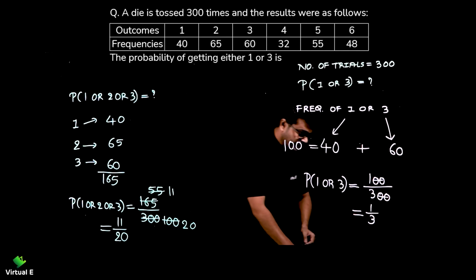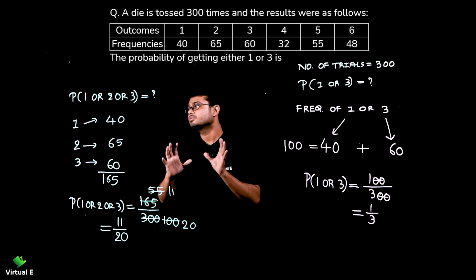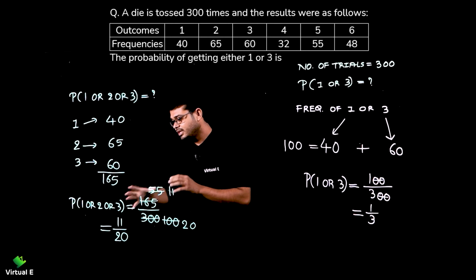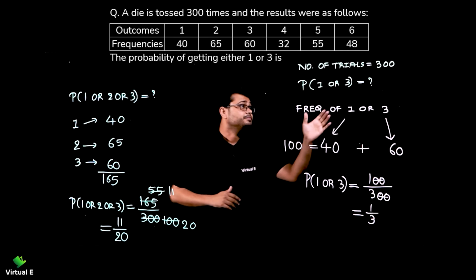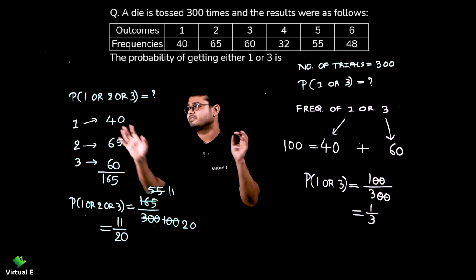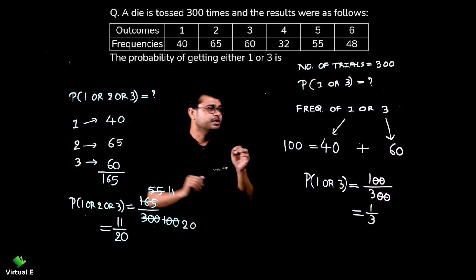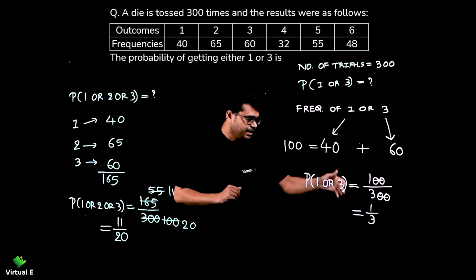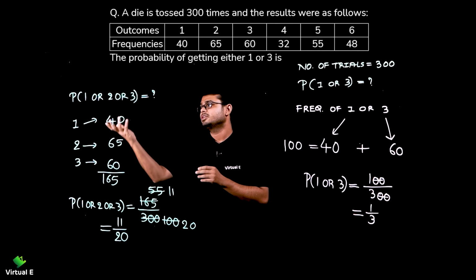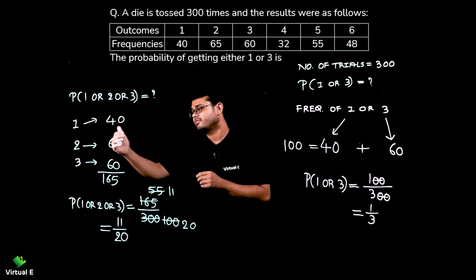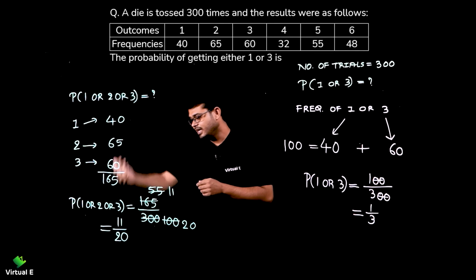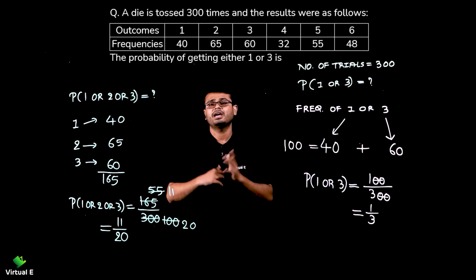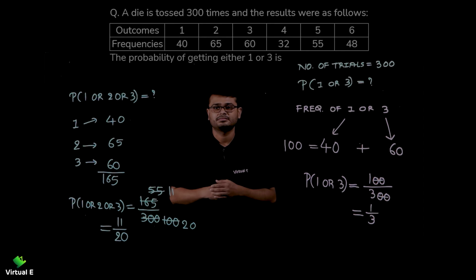The basic idea, again I'm repeating, is to understand the meaning of the word OR and how to do the calculation. Here we had only 2 numbers; I've just taken one extra number for understanding. With 2 numbers, you get the individual frequencies, add them and get the probability. For 1 or 2 or 3, you get the individual frequencies again, add them and get the probability. This is how we deal with the sum when we have OR in the question.